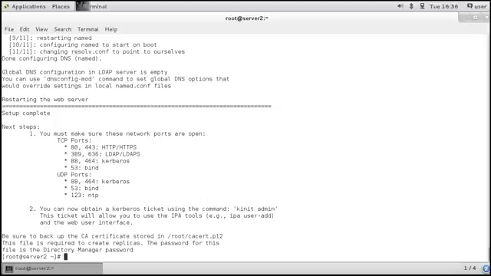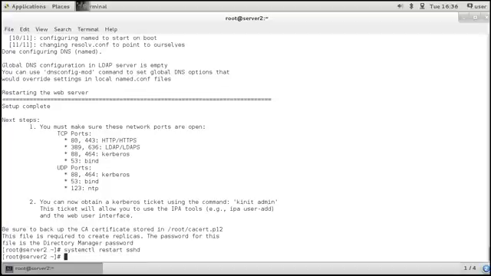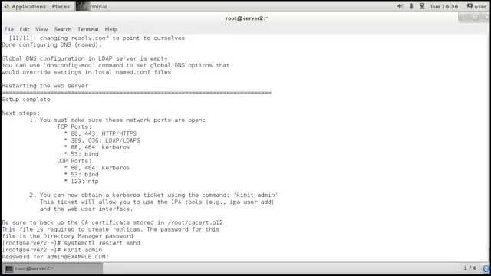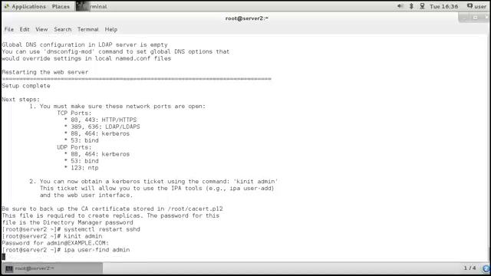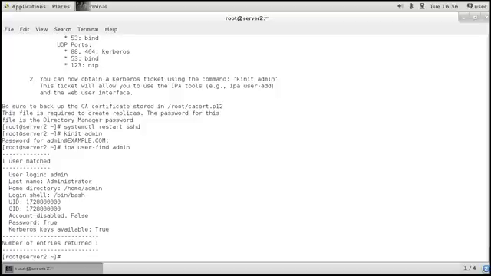So we can continue. First, let's restart SSHD to obtain some Kerberos credentials. And next, kinit admin, which is asking for a password, which is my very secret password. It's not very informative, but if you do ipa user-find admin, it shows us that we have a user admin here. So all's looking good here. So now that we have verified that there is a user admin which has Kerberos credentials, we can continue and